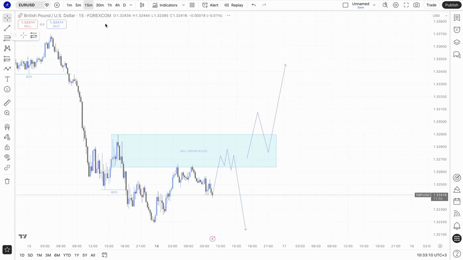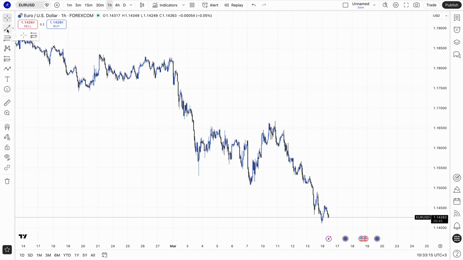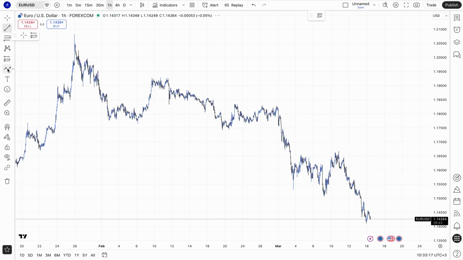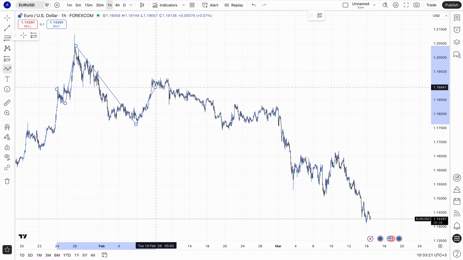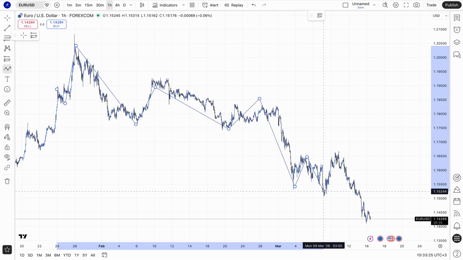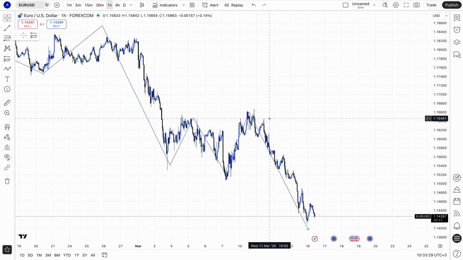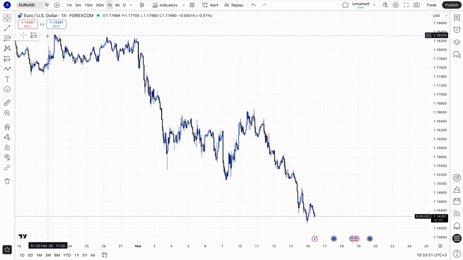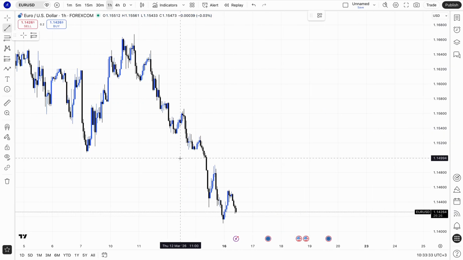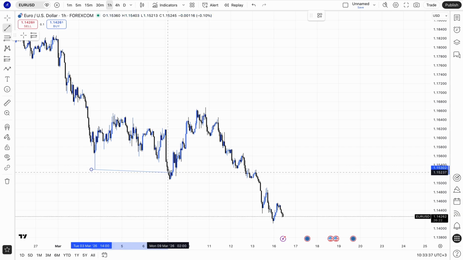Then EU, super simple price action. You can clearly see that we had our market structure moving down, then break of structure, then continuation, then break of structure, then continuation, and now you're looking for sales, scenario number one. And if you look closely, you can see here that we had our break of structure here to the downside,